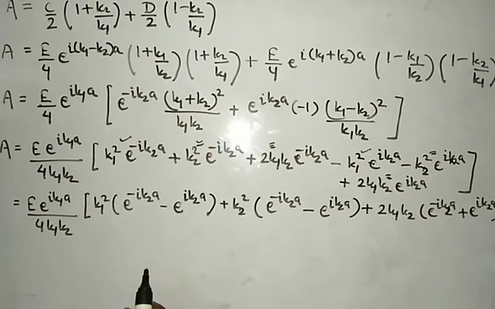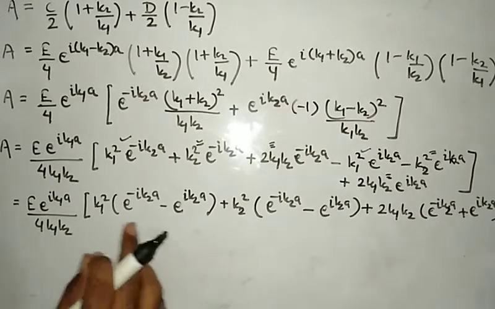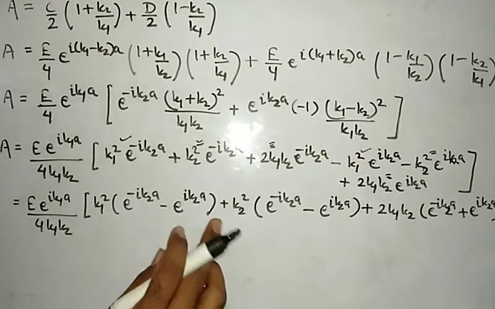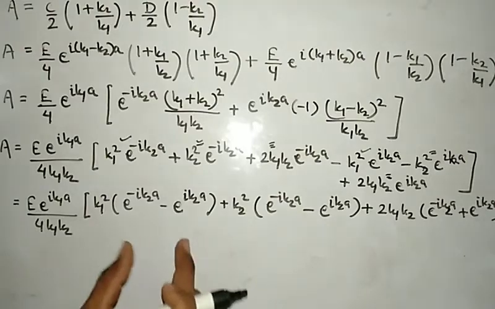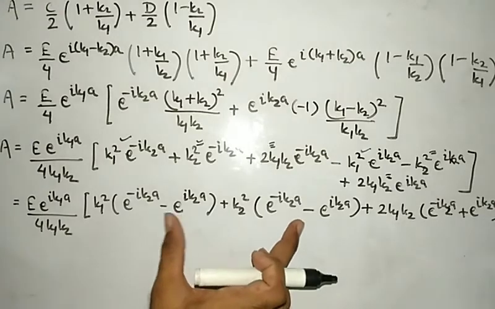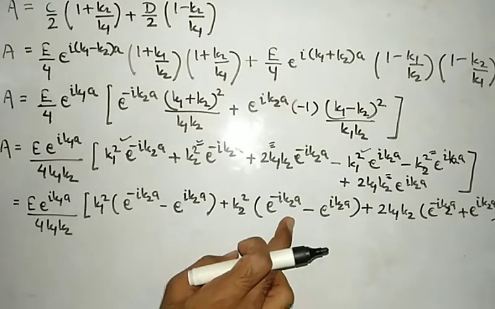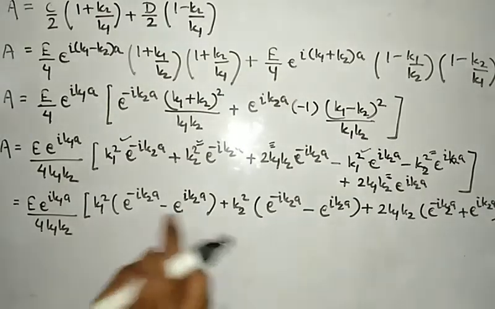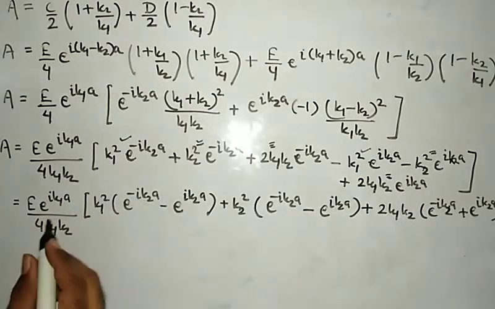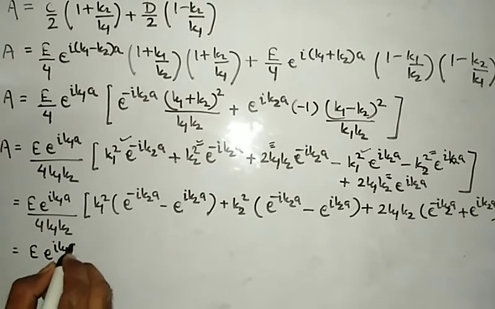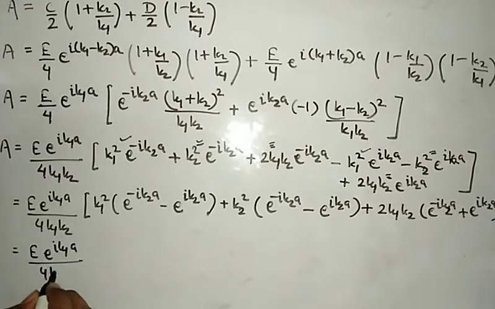Okay, now from here we can write down, since taking this term, if we take common, yes, same, so taking common e to the power i k1 a upon 4 k1 k2,